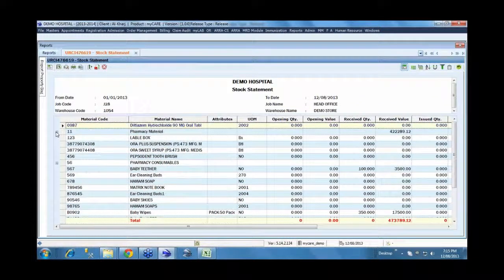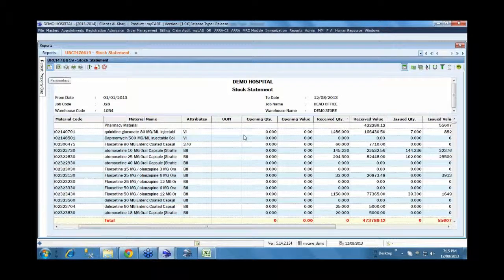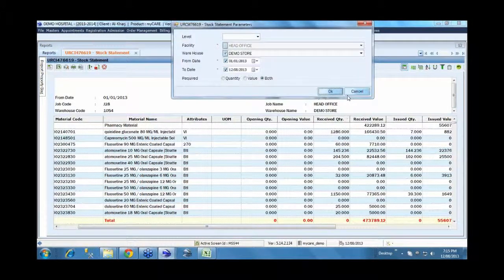Here again you can view it grouped by the category, and you see the attributes as defined in the system. It can be two levels of reports, one leaving out the attributes and another with the attributes. However you want, you can. It can be just the value or quantity alone, or you want both, all of this.